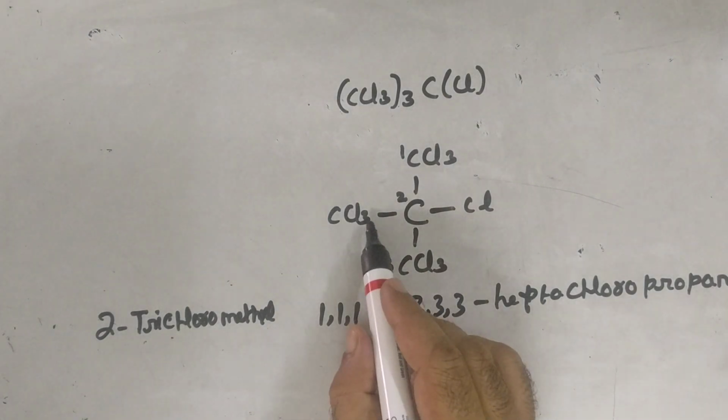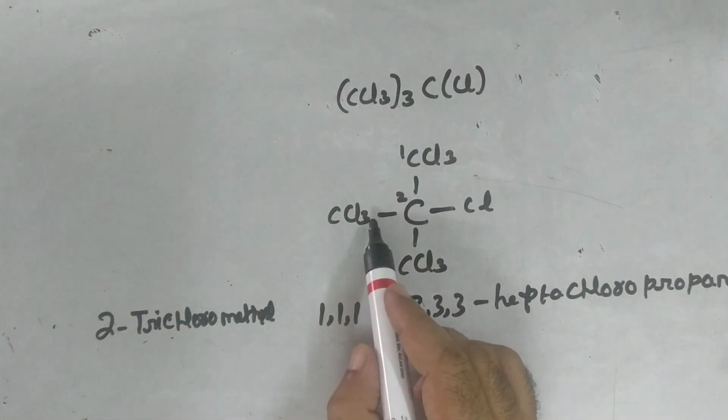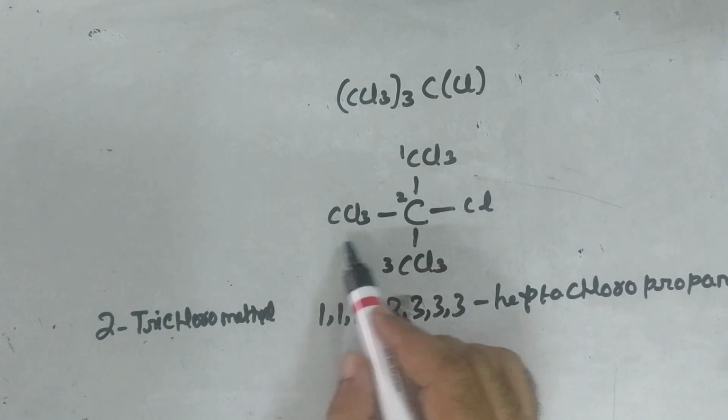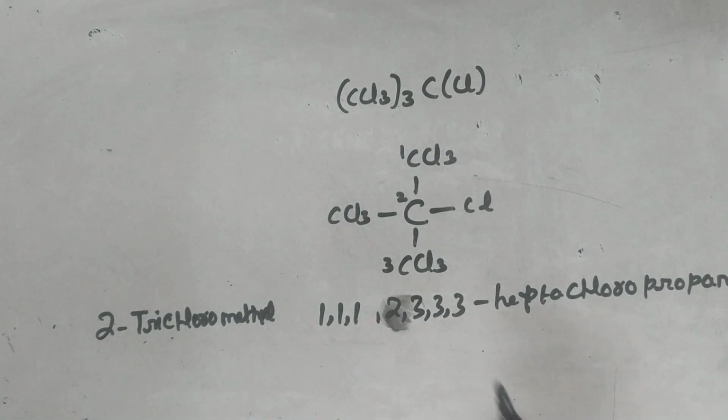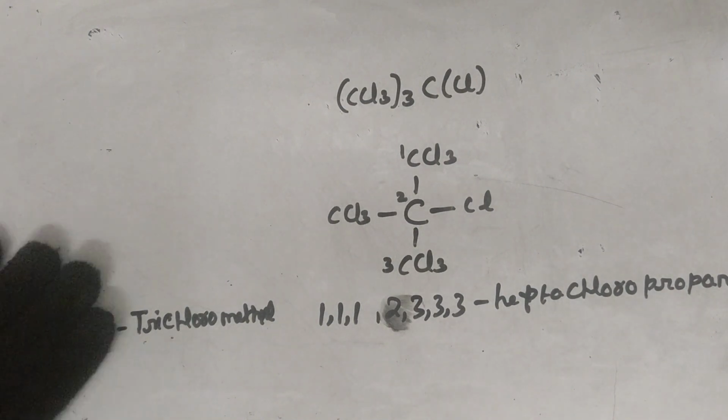Why is it called trichloromethyl? Because if it was CH3, it is called methyl. All the 3 hydrogens replaced by Cl, so it's called 2-trichloromethyl and all that. Definitely it is an alkyl halide. This is nothing but an alkyl halide. Now let us see the last 2 examples. Last 2 examples are quite important